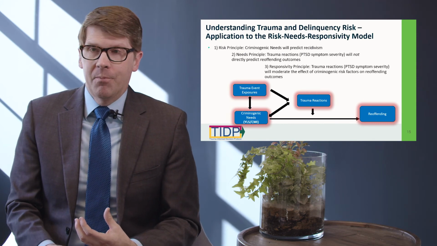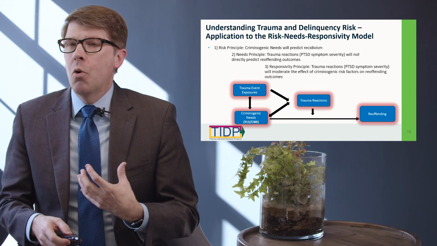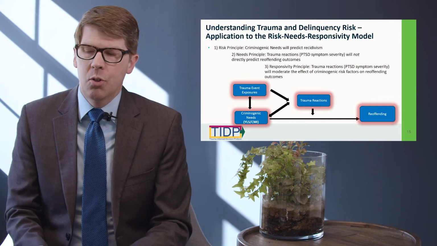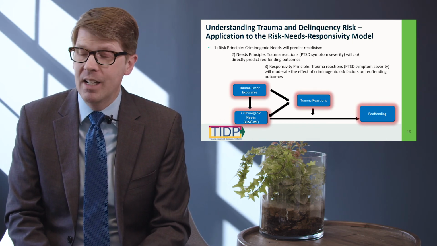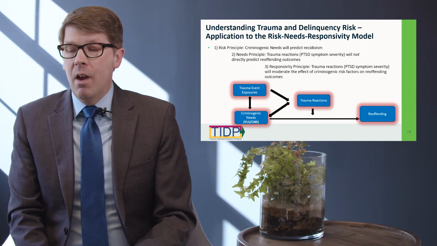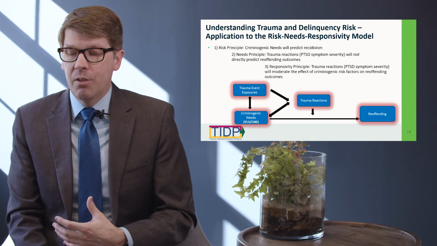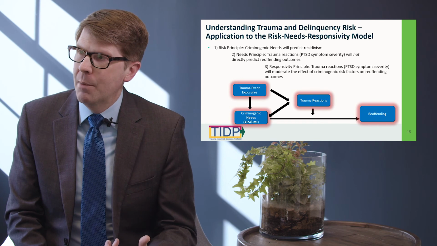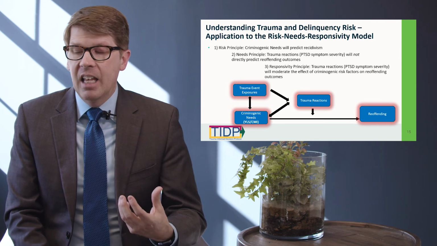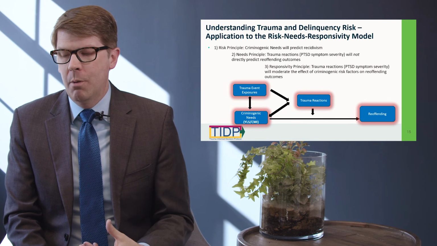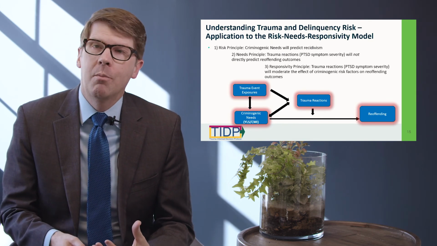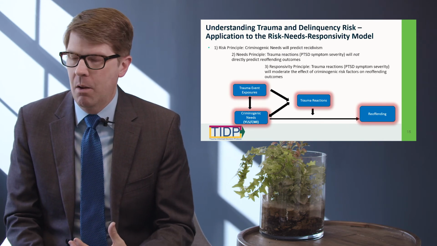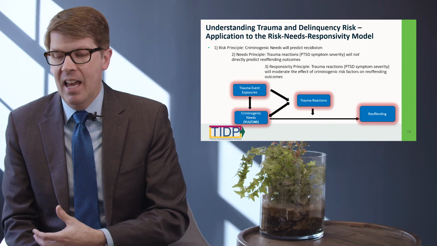And ultimately, what makes our job a little more complex in how to try to integrate and synthesize information across these three different sources of assessment or intake information is we have criminogenic needs that are increasing the risk for reoffending. The criminogenic needs may be informed by and interact with different types of traumatic event exposures. And the combination of both traumatic event exposures and criminogenic needs can increase the likelihood that some youth will experience trauma reactions that might aggravate or exacerbate the path between criminogenic needs and reoffending.